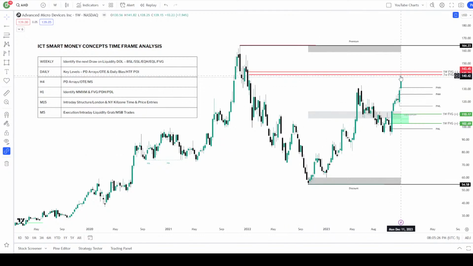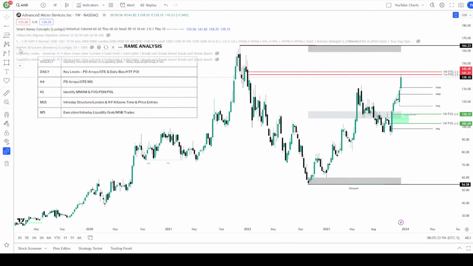We're up in this fair value gap, so we might find resistance inside of here, where if you were to look at this chart and say, why are we stopping at that level? There may not be,